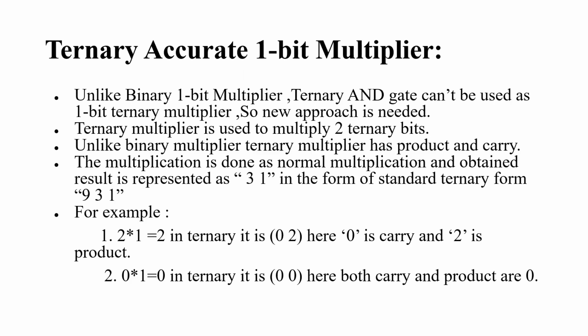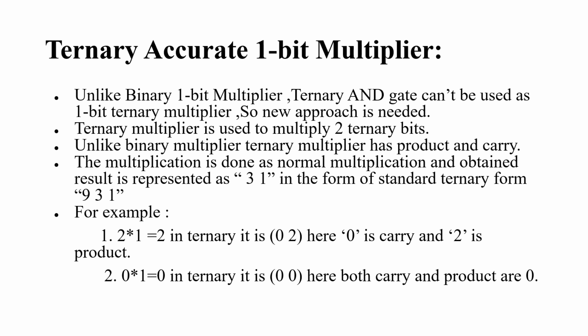First step of designing a ternary multiplier which can be used in image multiplication applications is to design a 1-bit ternary multiplier. So here we discuss the ternary accurate multiplier. What is accurate? In a binary 1-bit multiplier, the multiplication is done using a binary AND gate. In a ternary multiplier, we can't use that because ternary logic consists of 3 levels: 0, 1, 2, and the highest